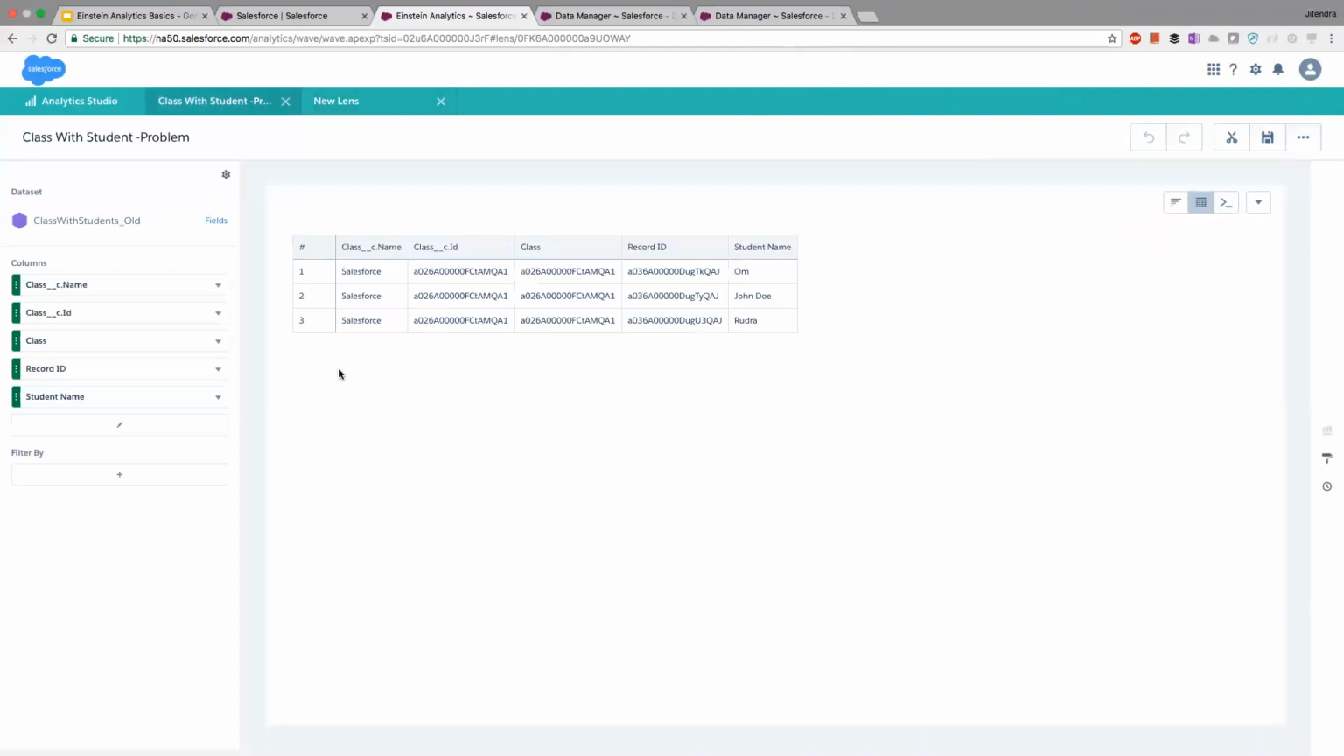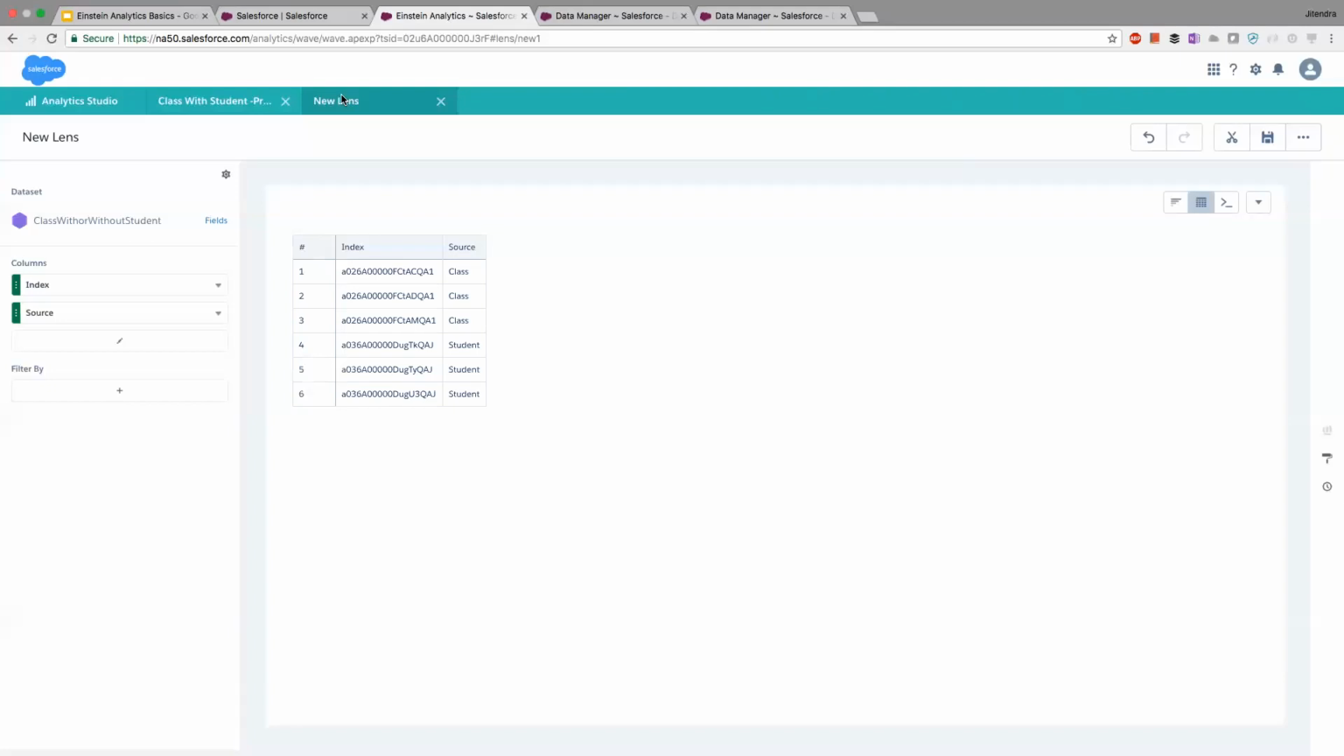Okay, because this lens is not the right lens. It is only giving me the inner join. I need outer joins as well. So how are we going to do that? The first thing we are going to do is,